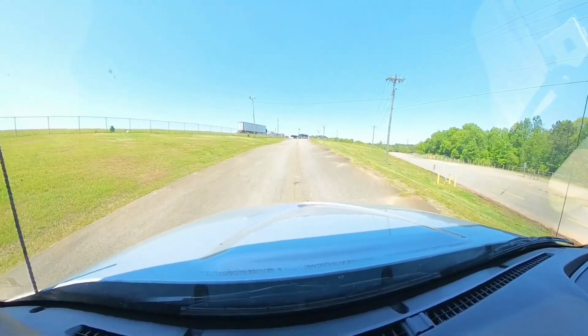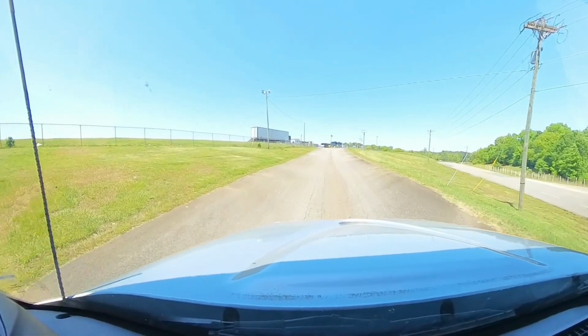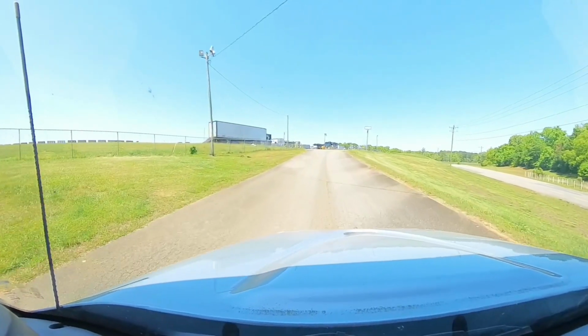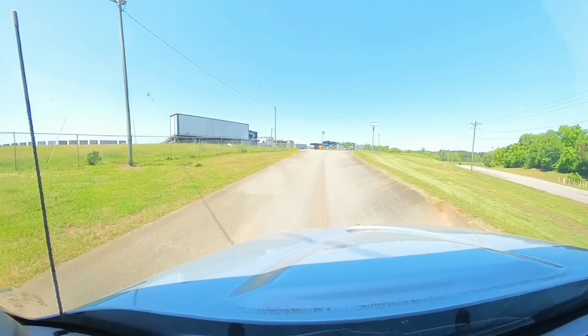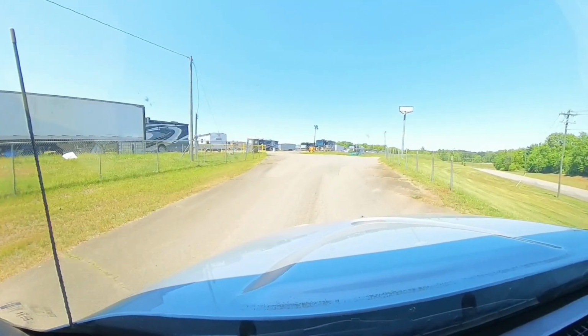You want to take it up slow up this hill too, because it's kind of rocky. It's like a big valley. I mean, it kind of just goes in the middle, but a little bumpy. See how many rigs we got here? I talked to Ken Hanley yesterday. He said it was not a lot, but